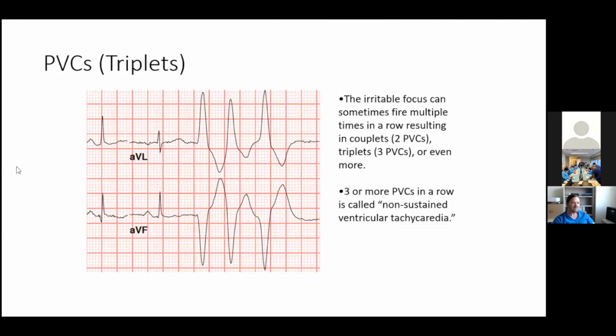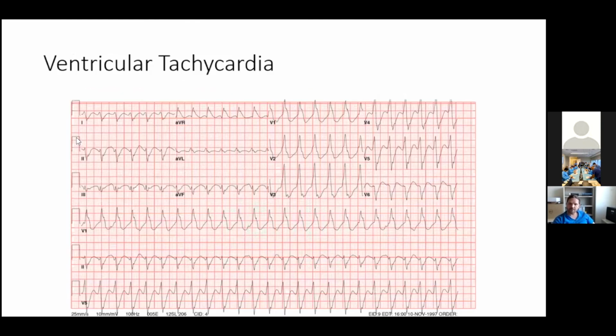Now, abnormal rhythms coming from the ventricles. PVCs can come single, in pairs, and in triplets. Once you get to a triplet, this counts as non-sustained ventricular tachycardia. Sustained ventricular tachycardia, again, is a broad, usually regular rhythm, and sometimes you can march out AV dissociation, such as on this EKG. You won't always see that. You can get one-to-one retrograde conduction, so it's a little bit difficult to sort out.